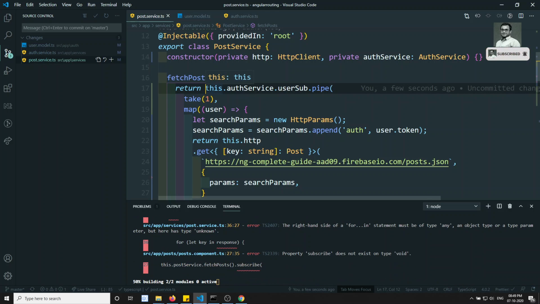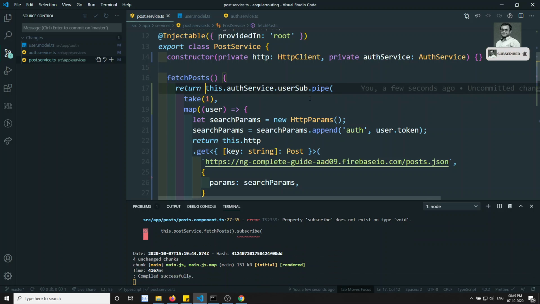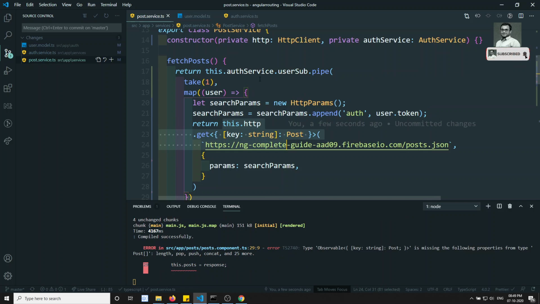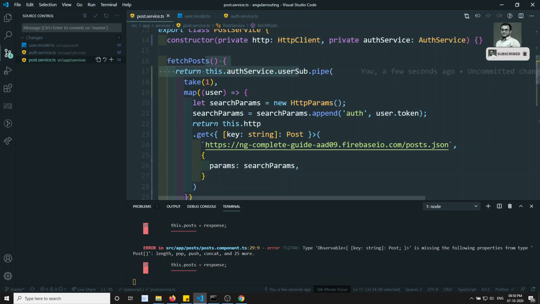But we should not send this auth service observable; we need to send this HTTP observable. So this auth service observable should be converted into this.http observable.